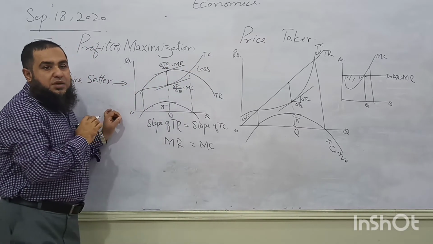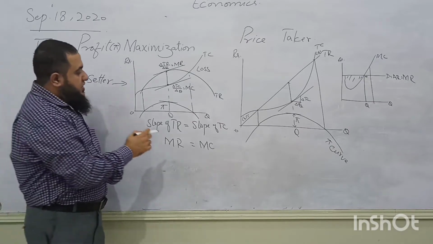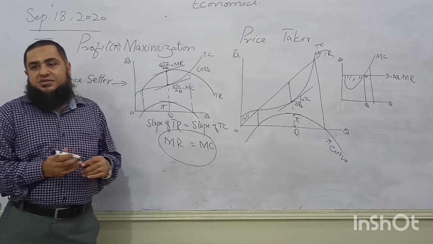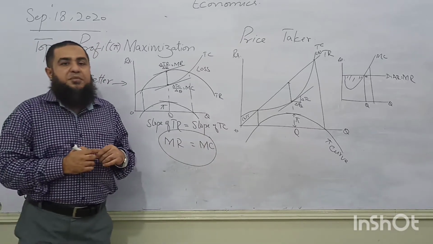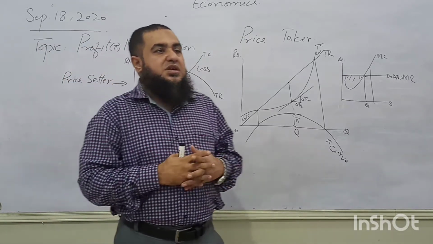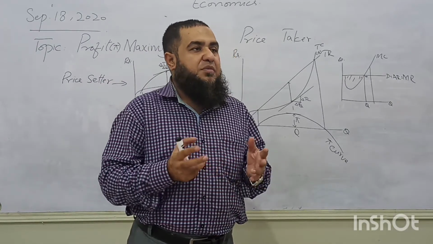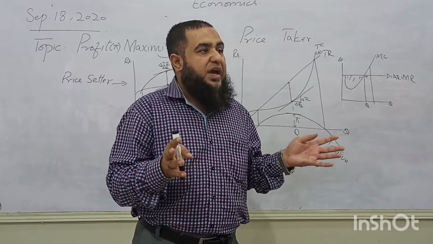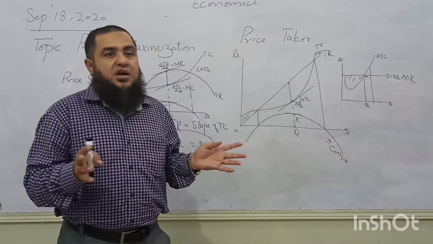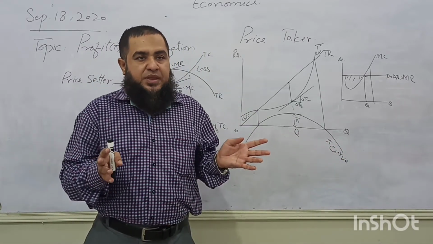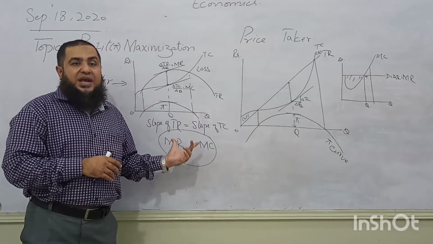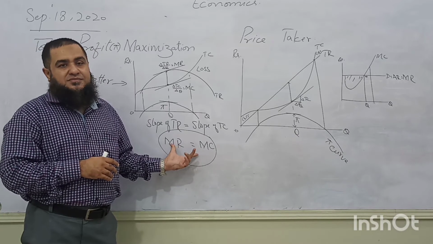So economists usually find out this point of production where profit is going to be maximized. Usually people who are running their businesses find their profit level by knowing about their average revenue and average cost. They find out the average values. But that is not the profit maximizing point. Actually, the profit can only be maximized when this condition is fulfilled in any firm.